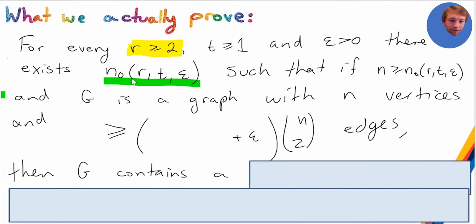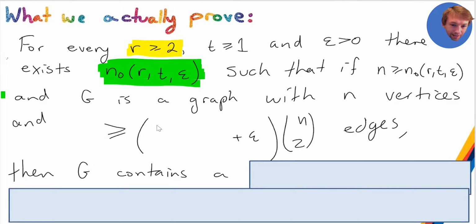I'm writing it like n naught of R, t, epsilon because it's a function of R, t and epsilon, such that if n is at least n naught of R, t and epsilon, then for every graph G with